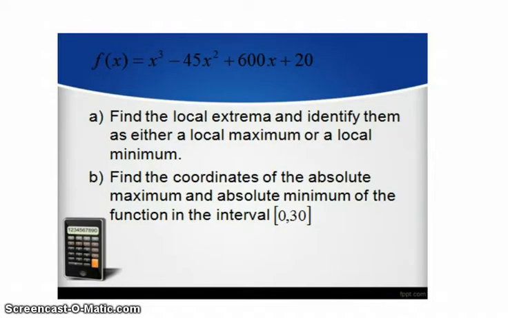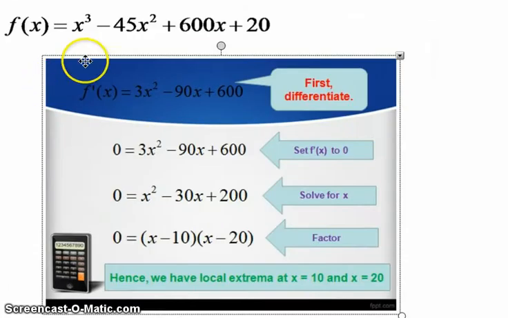Say you are given a function of x, and you can see it here on the top. Then you're asked to find the local extrema, and identify the local maximum and the local minimum, and at the end you're asked to find the coordinates of the maximum and minimum of the function in the interval 0 to 30. Okay, so the first thing that you need to do is that given this